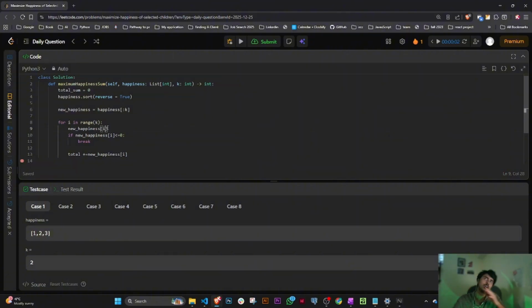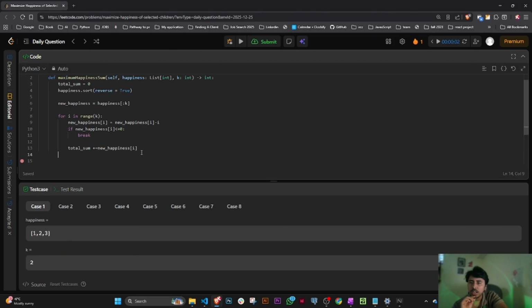The first element, suppose 3 is at the 0 index, then we need to subtract it by 0 as well, right? Because after index 0 we need to subtract by 1. If the element is at index 1 we need to subtract it by 1. If it is at 2 we need to subtract it by 2. So equals new happiness minus i. So I think here is a wrong variable name,